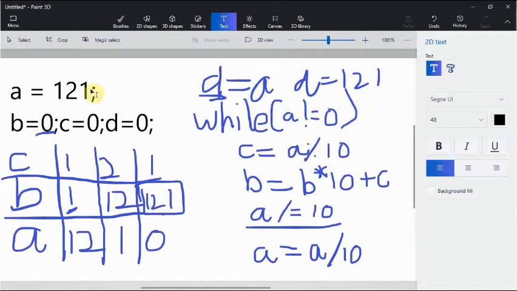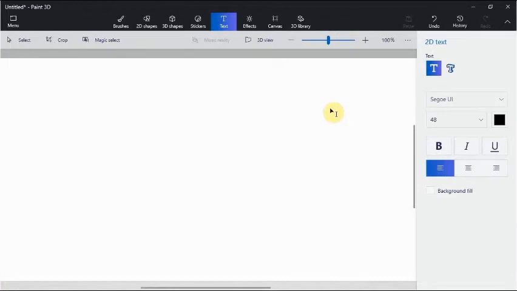Now let me explain it to you again. Now that might have seemed a bit odd, and some might have got it, some might not have. So if you have got it, please do skip and go ahead and see the Java program that I've written. If you have not got it completely, please do stick around. I'll explain how it will work if the number given is not a palindrome.